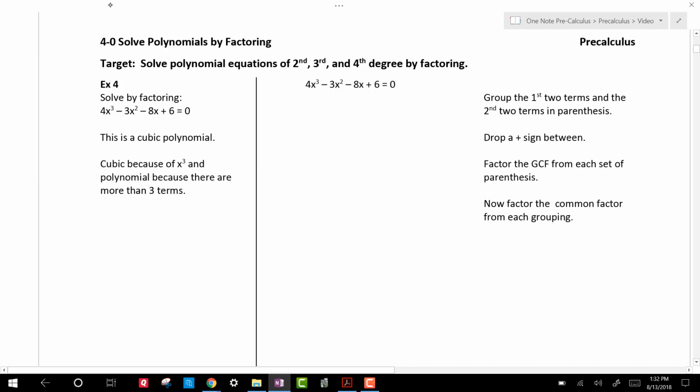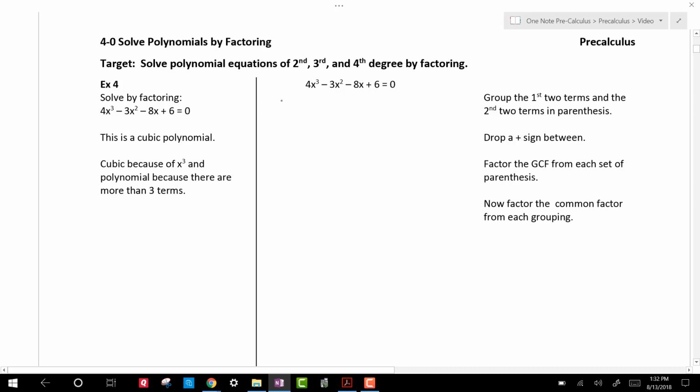Okay, so the steps for factoring by grouping. It works really well when you have an even number of terms. The most common one that we're going to run into is 4-term polynomials that are to the 3rd power. Now this will work with other kinds of polynomials, but this is the most common one that we're going to run into. So the steps on the side say group the first 2 terms and the second 2 terms